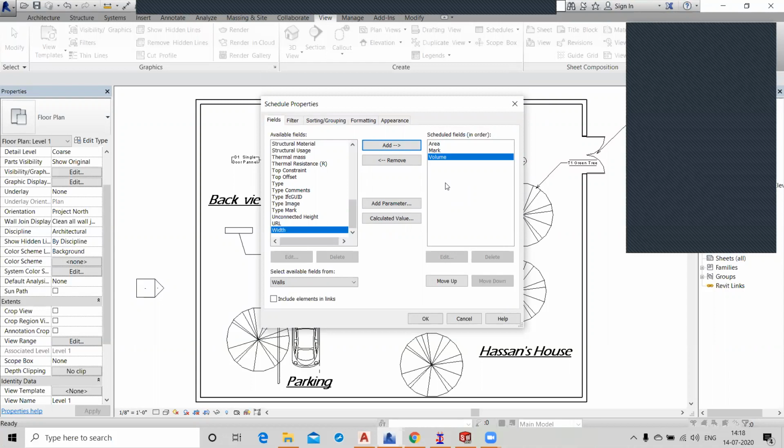The formula is correct, but I can also calculate it using volume. The number of bricks will be found with the help of volume, not area. So the volume of the wall is divided by the volume of one brick. So you have to click on Calculated Value. First of all, I want to know what the unit of our volume is.